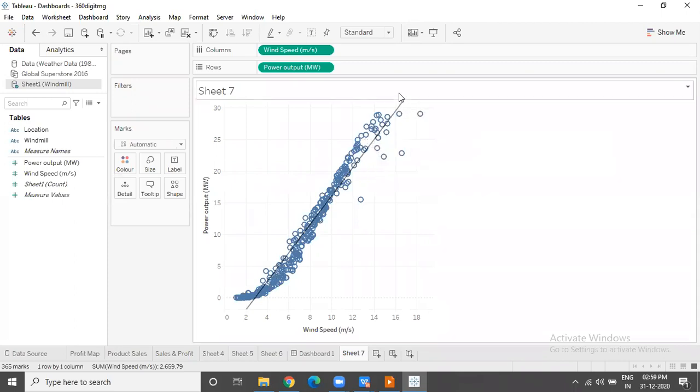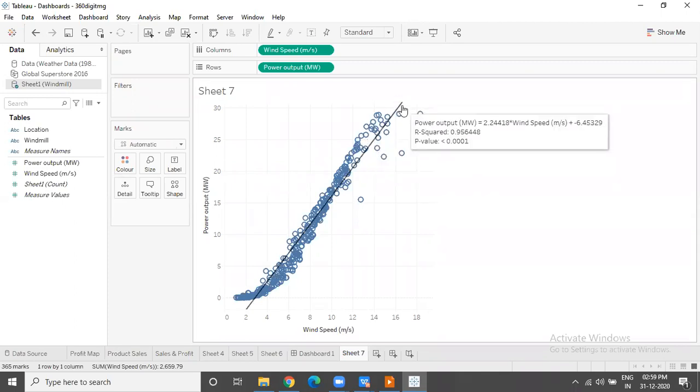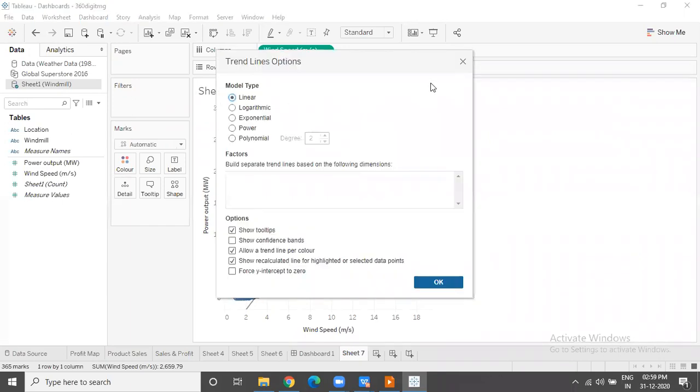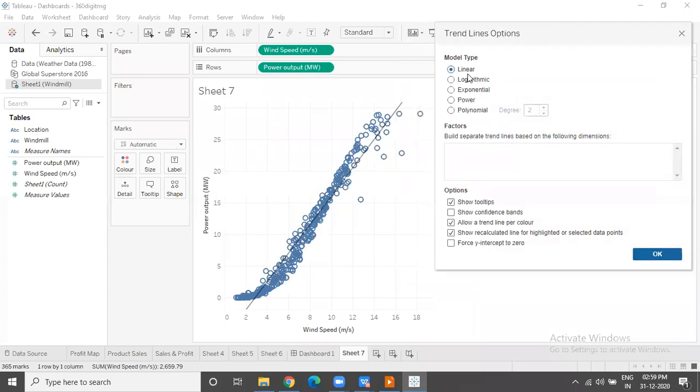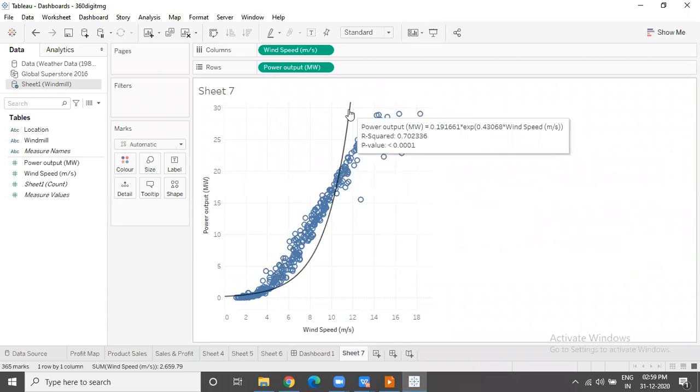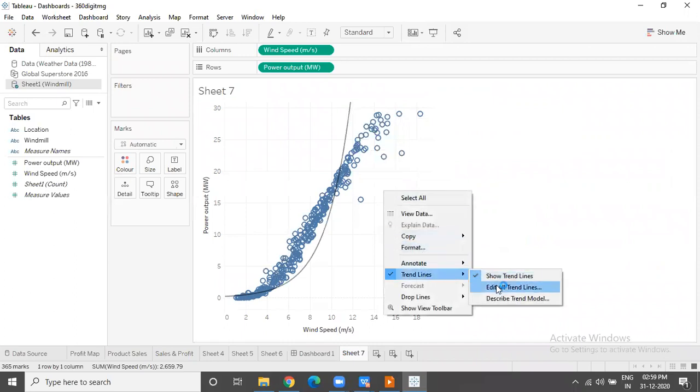Now, suppose on your data you are not happy, you have been asked to build some other model. Then what are the other predictive models which Tableau supports? We choose the option to edit the trend lines, we get a window. So from here we can choose any of the models of our choice. For example, we can build a logarithmic model, we can build an exponential model, and based on the model that you are building, obviously the regression equation will change. So we got the equation of that exponential line.